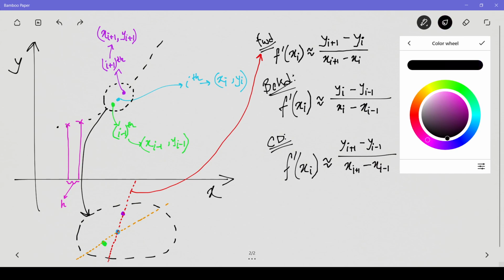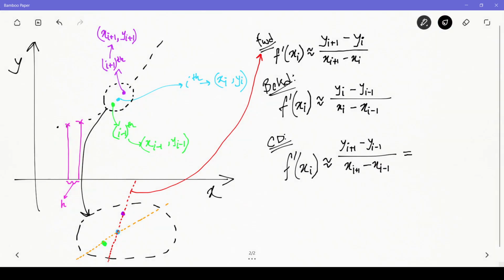Let me switch back to the black color. So this thing can be written as what? y sub i plus 1 minus y sub i minus 1 divided by 2h. Since I know the distance between x sub i minus 1 and x sub i is h, and the distance between x sub i and x sub i plus 1 is h,